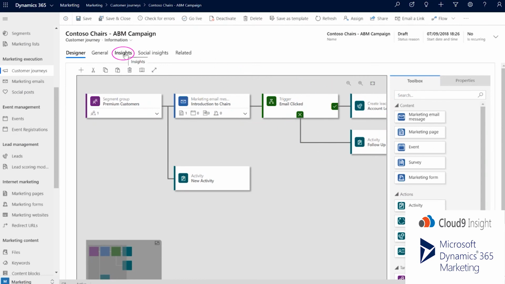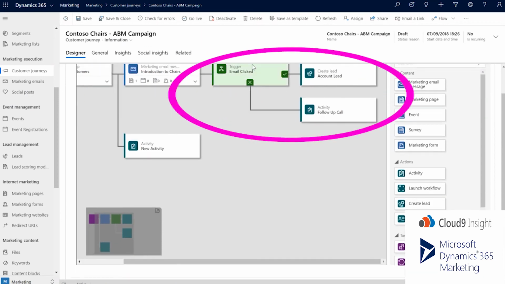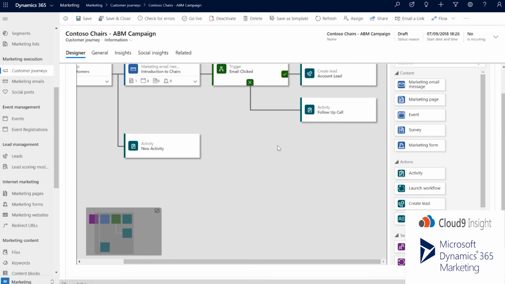And of course, behind everything, you have the insights. So you can see which individual contacts are going different ways. These triggers are often used for internal follow-up as well. So you can see that we have an activity, which is because something has happened, so an email has been clicked. We may want to create a lead, or we could orchestrate a follow-up call for one of the salespeople. So really good way of building out drip campaigns or customer journey touch points, all on an